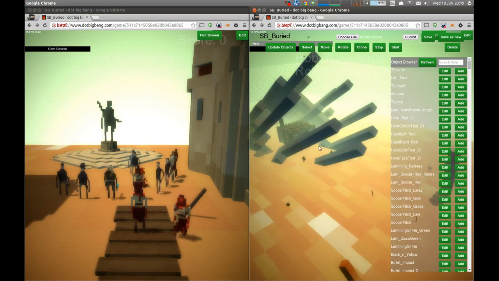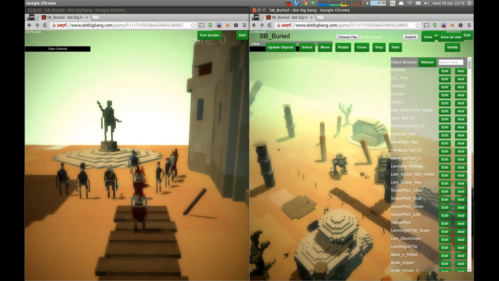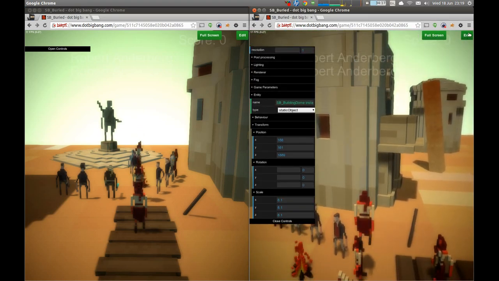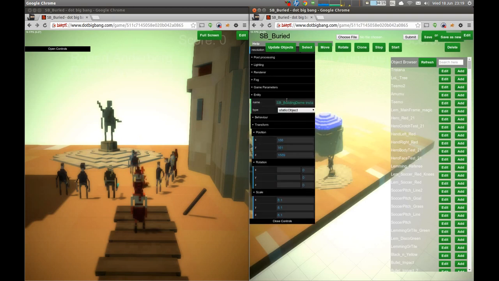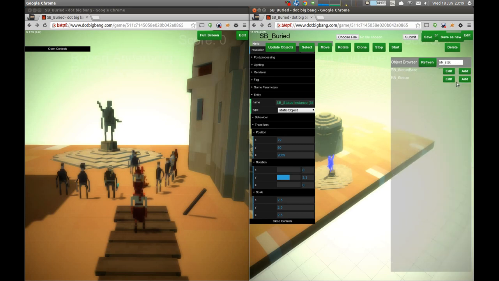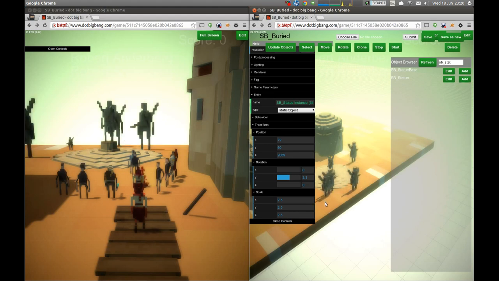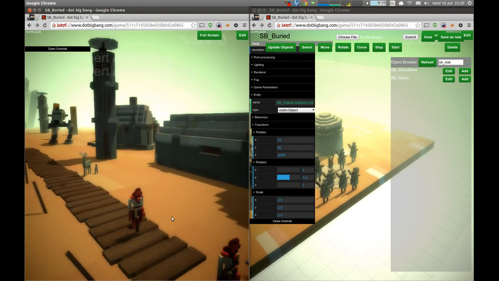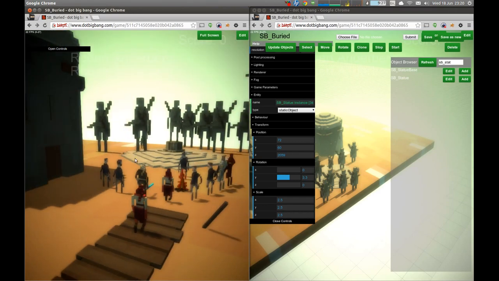editing works pretty well. Oh yeah, that's the interpolation going wrong. But I can pick an object here, pop out of edit mode for a second. Pick an object here, let's see, what's that guy called? SP statue. Yep. So I can plop that down, maybe add some more, and as you can see on the other player's screen, it's turning up. So you can do some collaborative editing there,